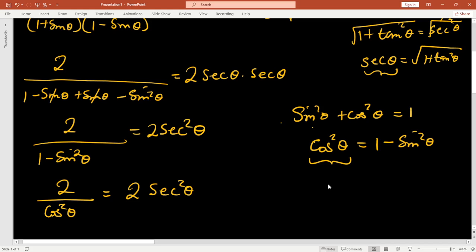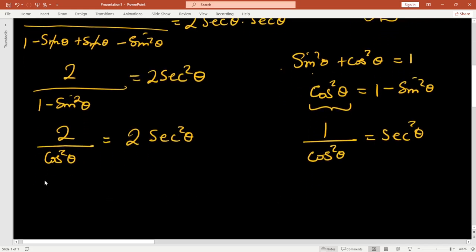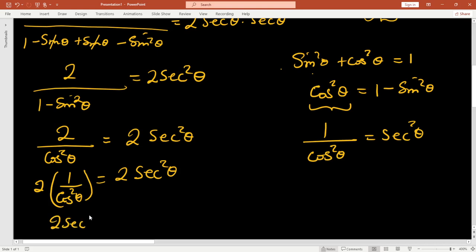Then we know that 1 over cos squared theta gives us sec squared theta. So therefore we can simplify this side. So we have 2 open brackets 1 over cos squared theta equal to 2 sec squared theta. Then we know that 1 over cos gives us the secant function. So we're going to have 2 sec squared theta is equal to 2 sec squared theta. So there we have it. The left hand side is equal to